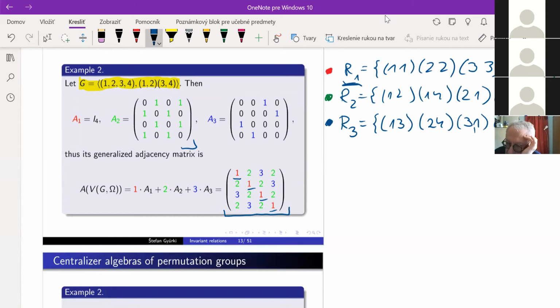But even if I forget about colors and use just numbers, it will be clear that